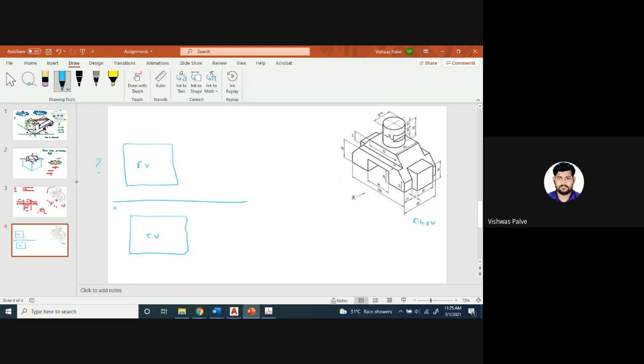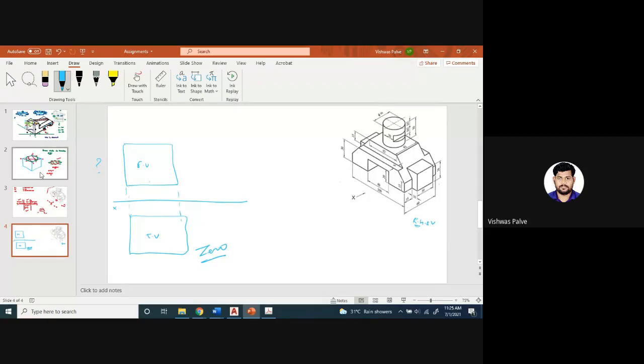And one more thing, if the right hand side view is asked, then you have to draw it on the left hand side itself. Don't draw it on the right hand side. Okay, because there is no space, you can adjust your problem. Otherwise you will get 0 marks for that. Okay, and even the front view and top view should be in one single line.